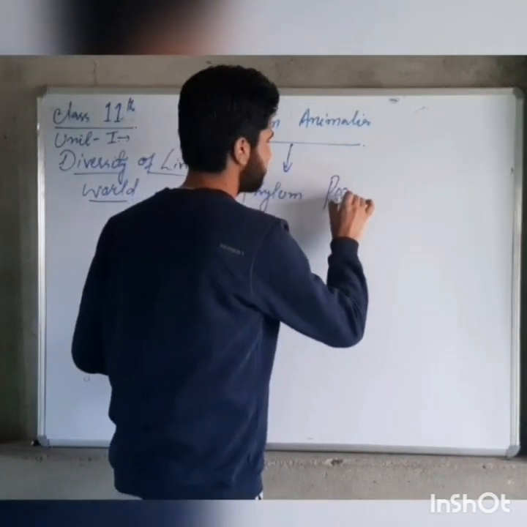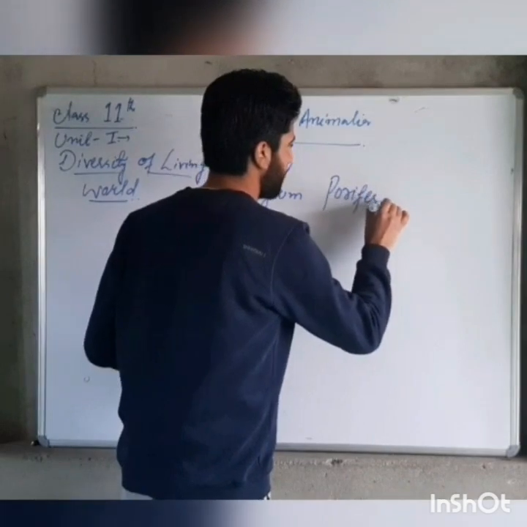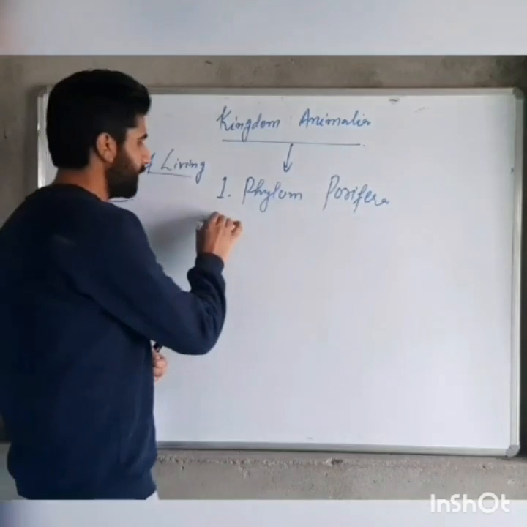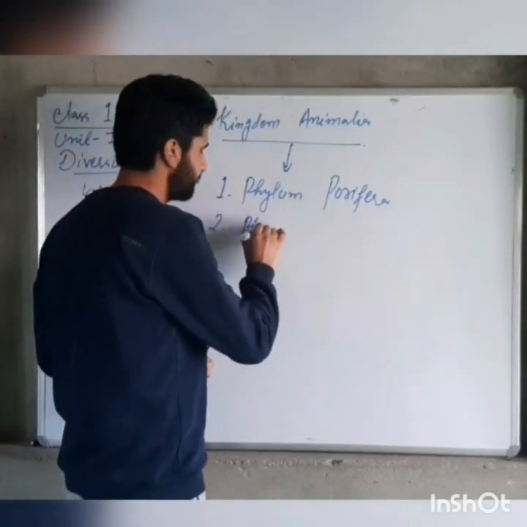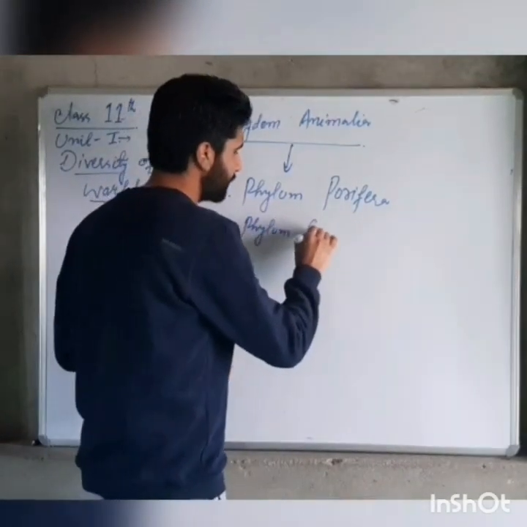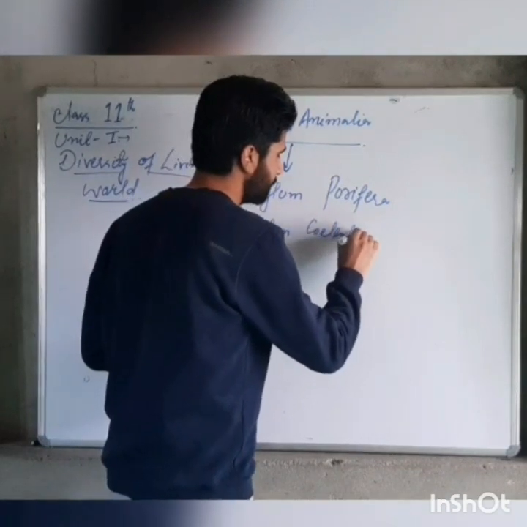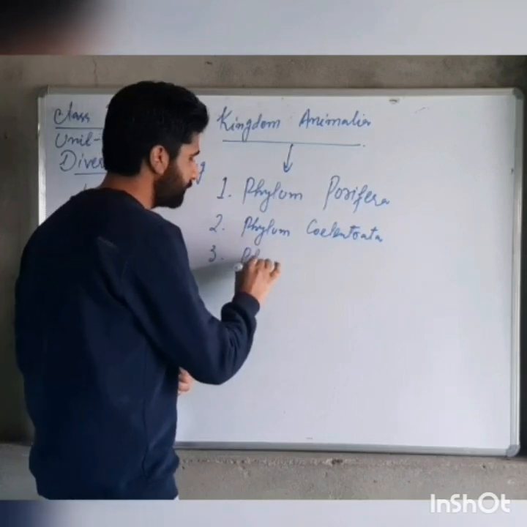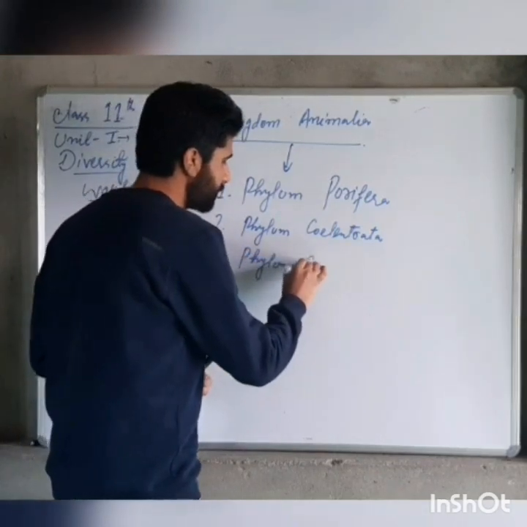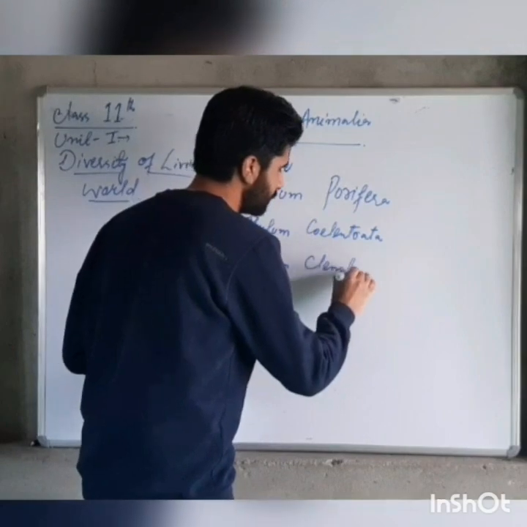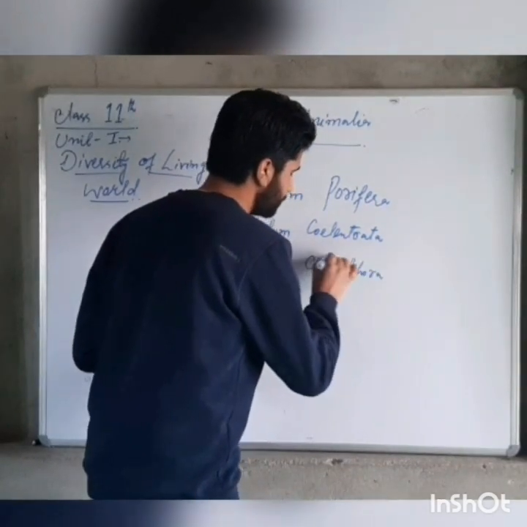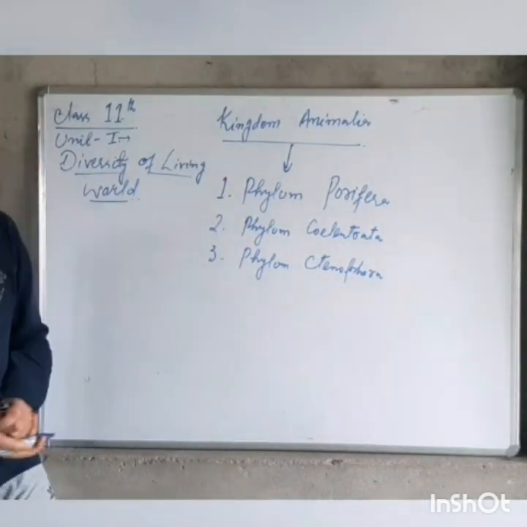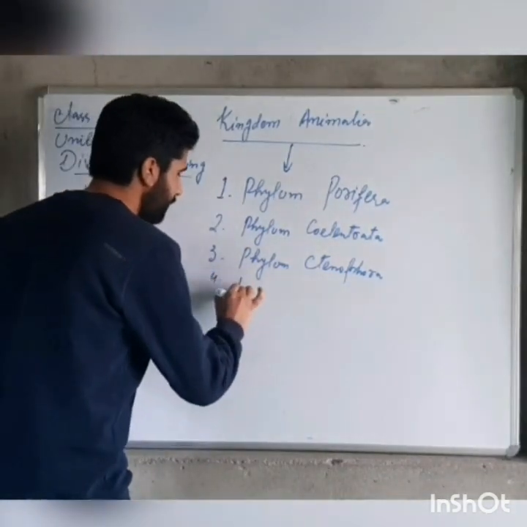Phylum Porifera. You might have known its name, Phylum Porifera. Second is phylum Coelenterata. Coelenterata. Third one is phylum Ctenophora. Ctenophora. So these three phyla: Porifera, Coelenterata, Ctenophora. Fourth one is phylum